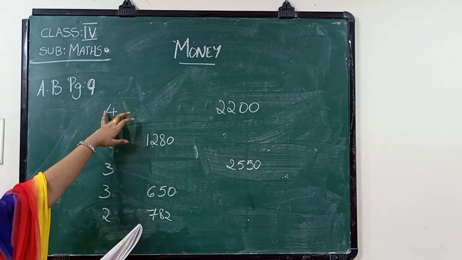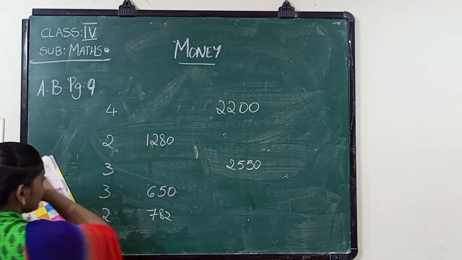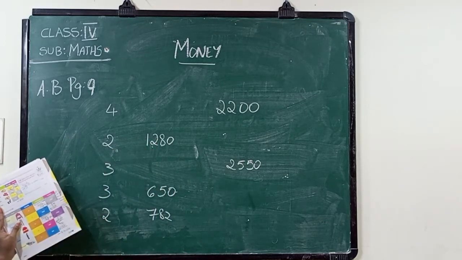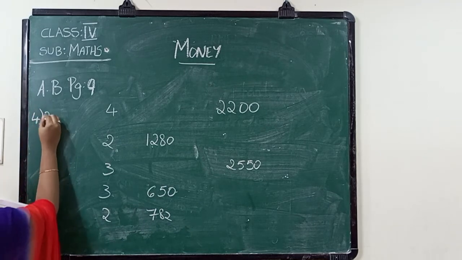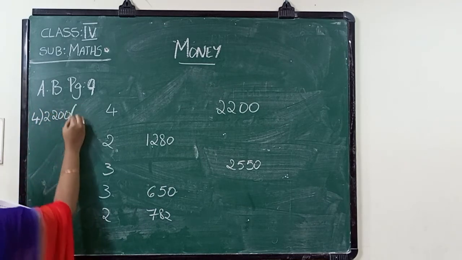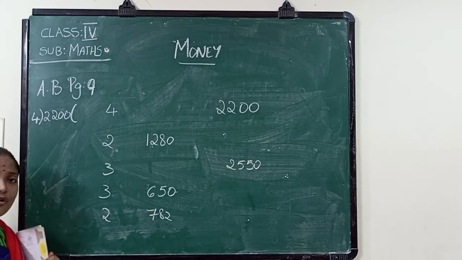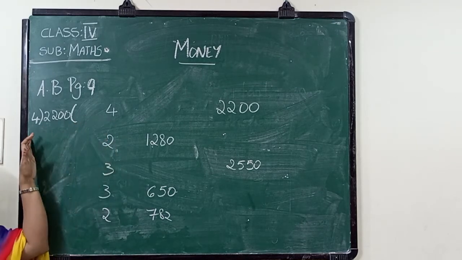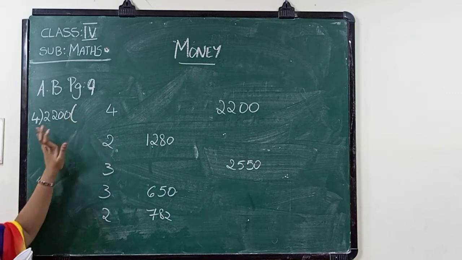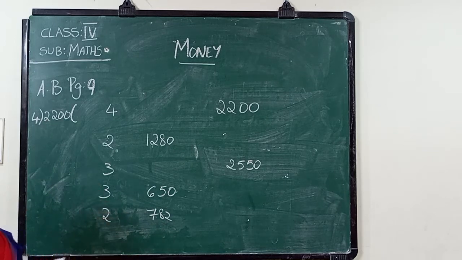First one. What is the first one? Shirt. So we have to do division to find the unit cost. Or maybe we can do it in the rough columns also. See here. 4 shirts. Cost is 2,200. Then cost of 1 shirt. So here 4 4s are 16, 4 5s are 20, 4 6s are 24. If I use 4 6s, 24 is a big number compared to 22. So I use 4 5s are 20.